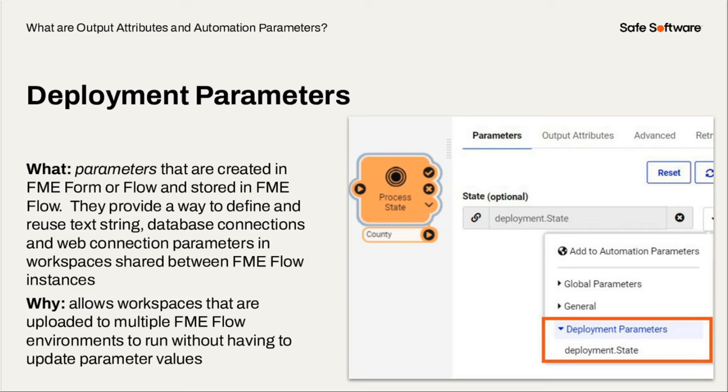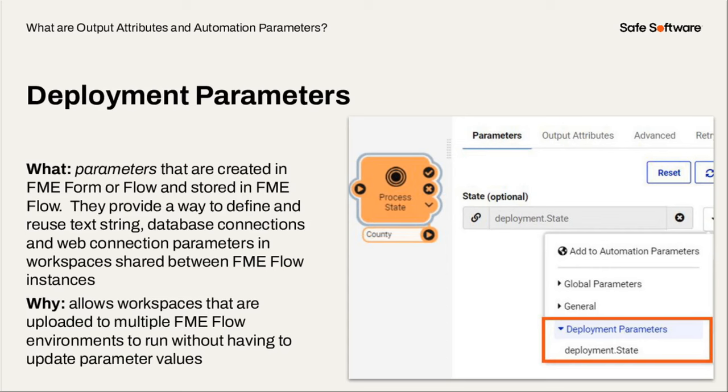So shifting gears a little bit, we're going to look at a couple of the parameters that we have. So the first one we have is deployment parameters, which is relatively new to FME Flow. Deployment parameters allow you to define and reuse text string, database connections, and web connection parameters easily in workspaces shared between FME Flow instances. Deployment parameters can be created both in FME Form, Workbench, or FME Flow, but are ultimately